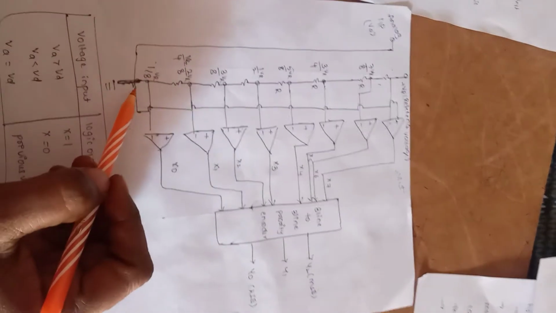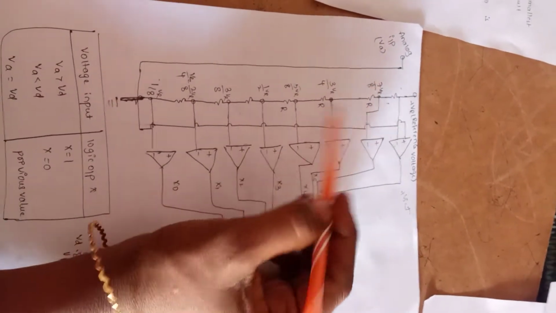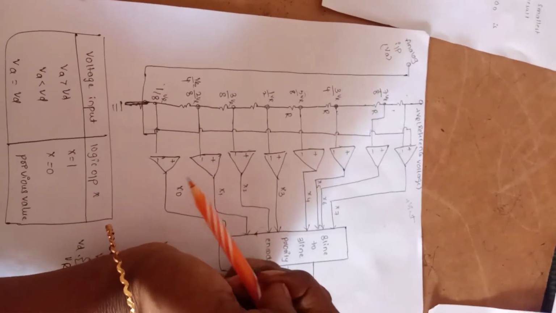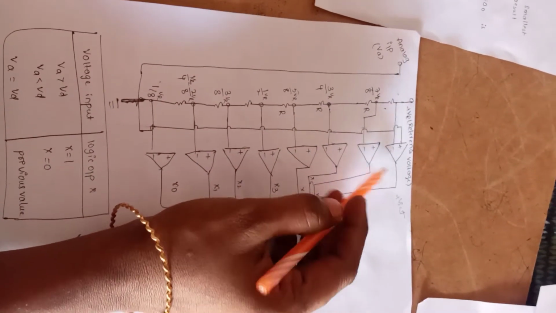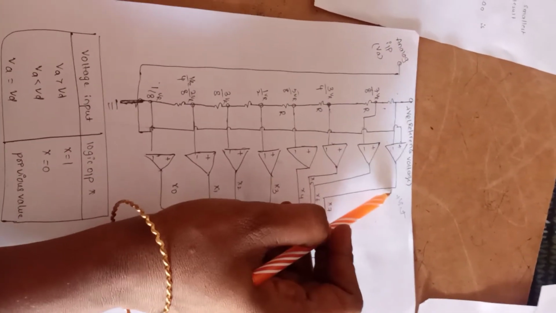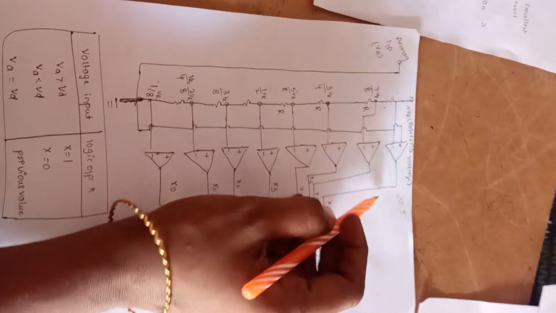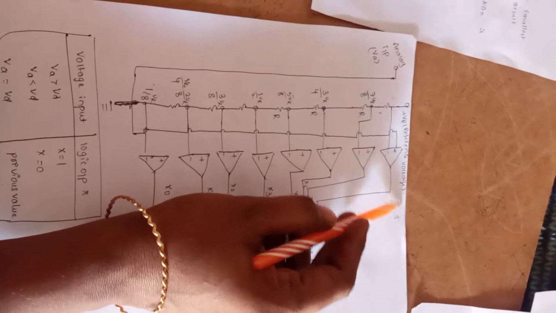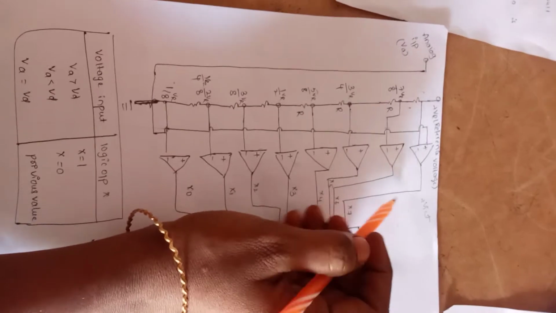This is the functional diagram of the flash type analog to digital converter. Here this is the resistive divider network. The reference voltage is connected to all inverting terminals of the comparators. Here all these op amps act as comparators. If the non-inverting voltage is more, then the output of the comparator is plus Vsat. Whenever the negative terminal voltage is very high, in that case the output is minus Vsat. Plus Vsat is considered as logic 1 and minus Vsat is considered as logic 0.